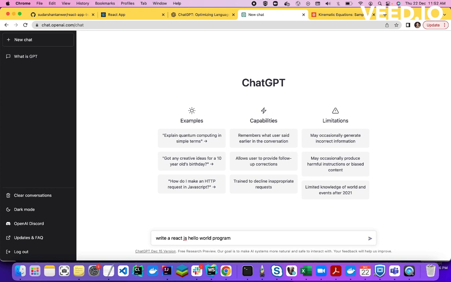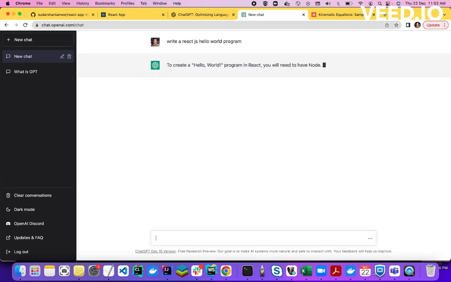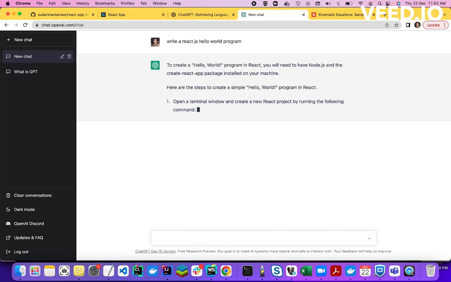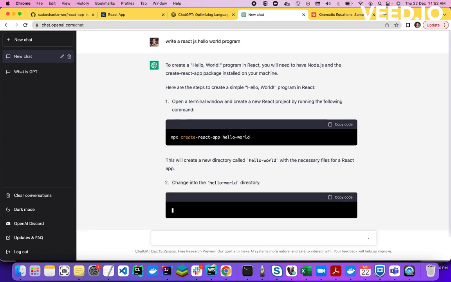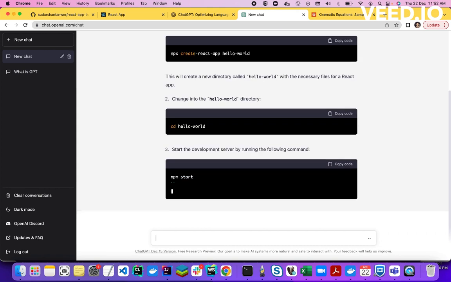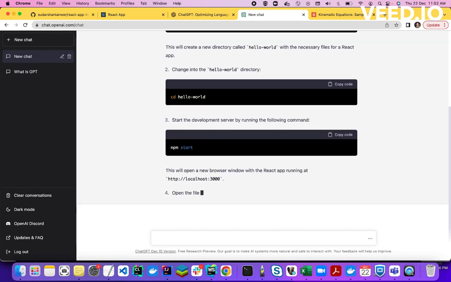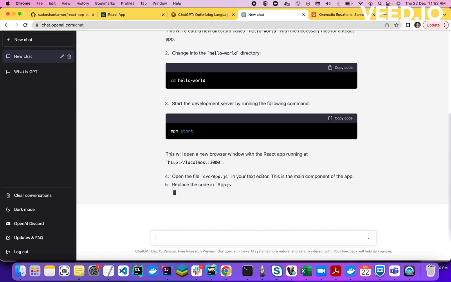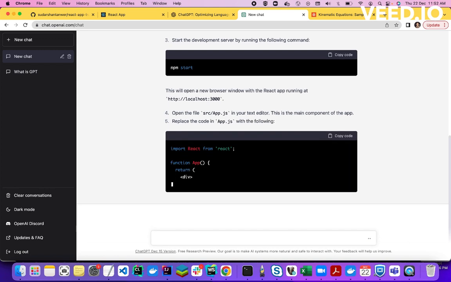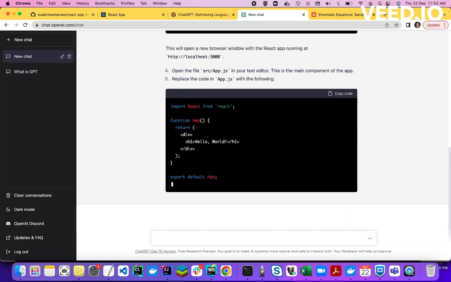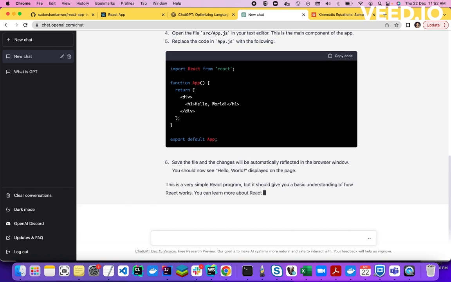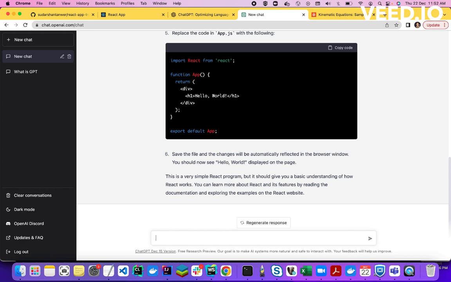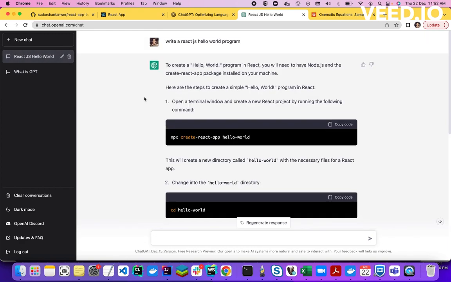While creating this hello world code, it will explain it line by line, as if some human is writing this code, so that you can create this application and use this hello world in your app. It is writing the code and explaining it line by line. Let's check its code.